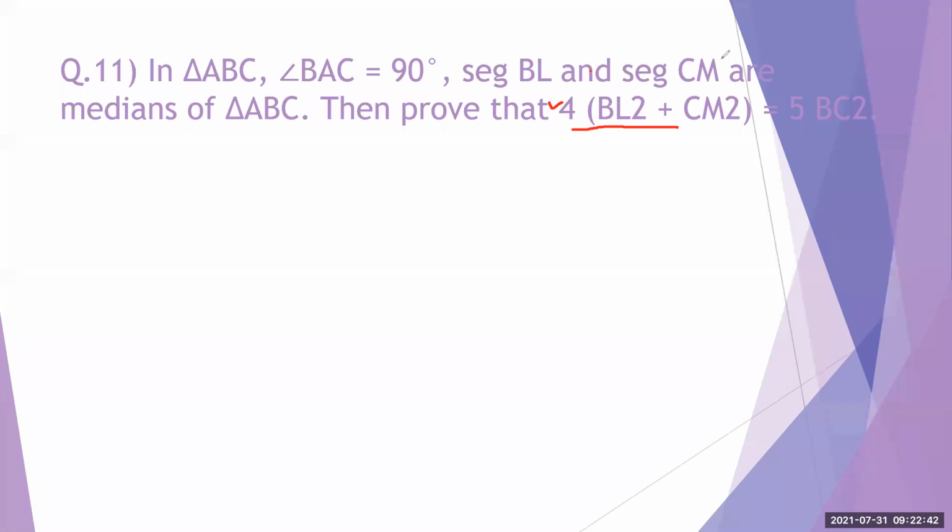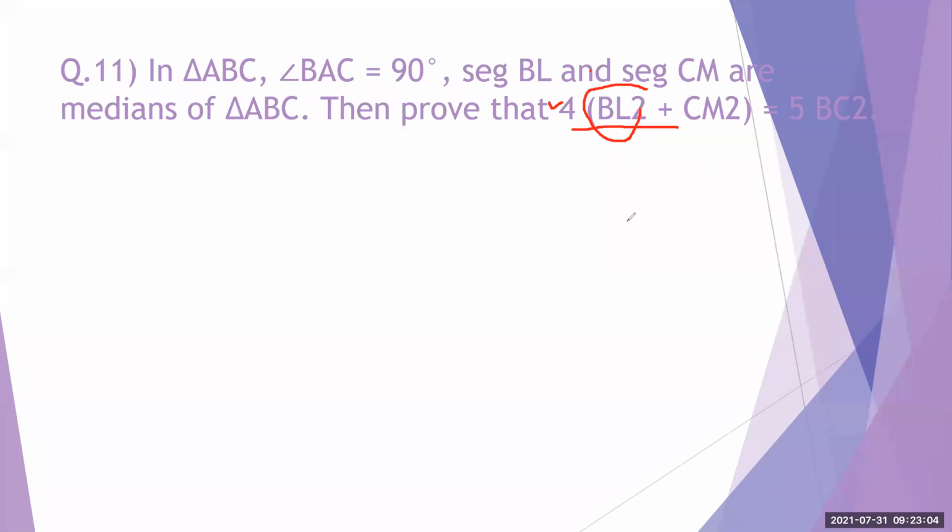So here simply, whatever is given, this is BL square plus CM square plus BC square, we have to try to find out the values of this one. Means we have to try to find out BL square, CM square, आपके equations में ये आने चाहिए. Then we can equate them with each other.